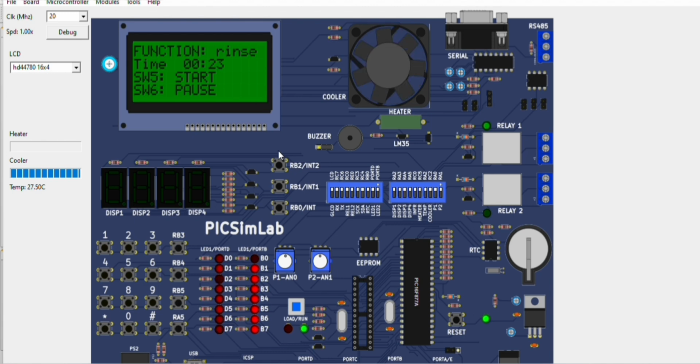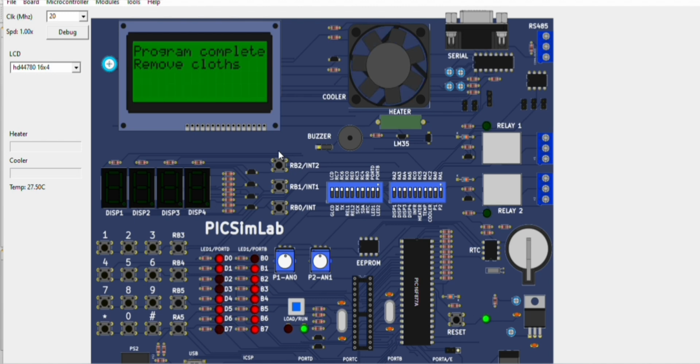After washing, it's showing the function rinse. It has completed the spin function also,